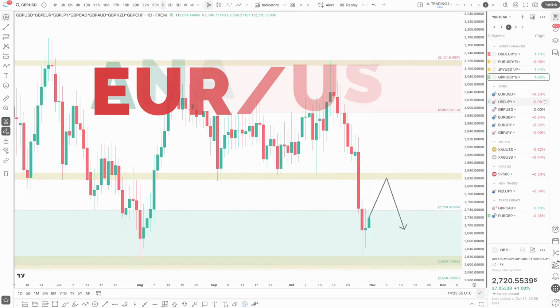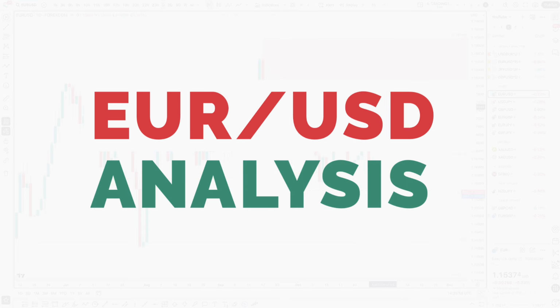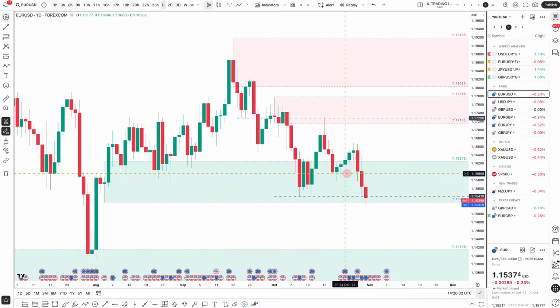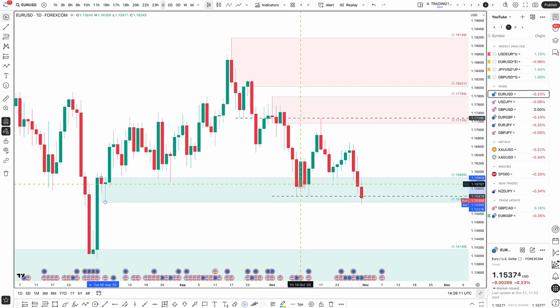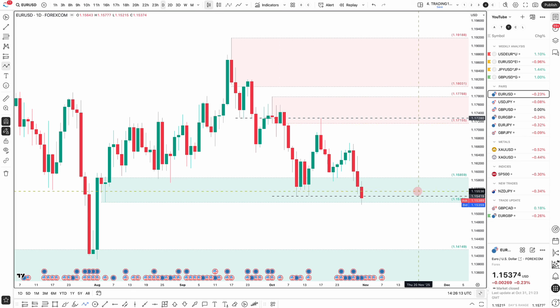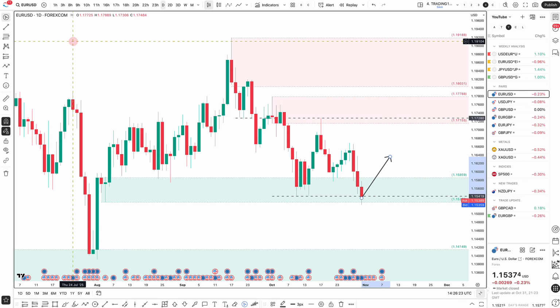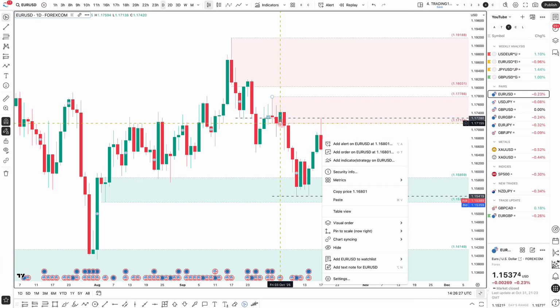So now when we look at pairs like the euro dollar, it's easier to see where you should be looking to buy or sell, or whether you should just stay out of the currency, and whether it's clear or not. Now, for me, the euro dollar is still likely a buy. I think the dollar is obviously a bit on the expensive side. The euro is on the cheaper side. So I think there could be a nice opportunity to buy in and around this area. We do have a supply zone that starts from here.